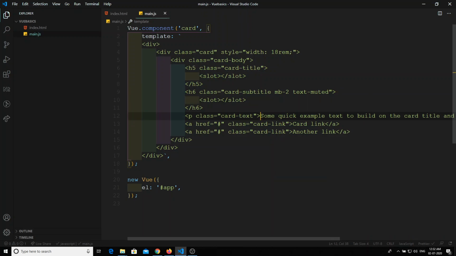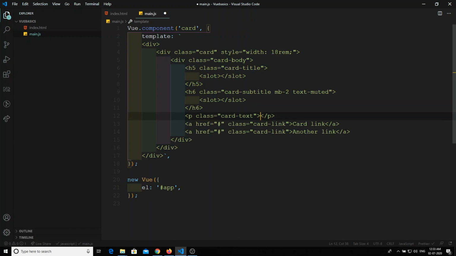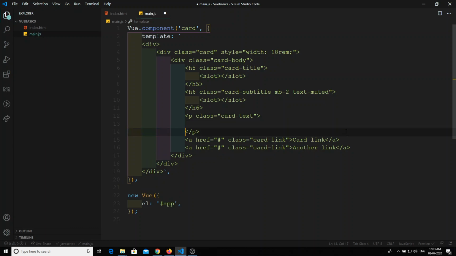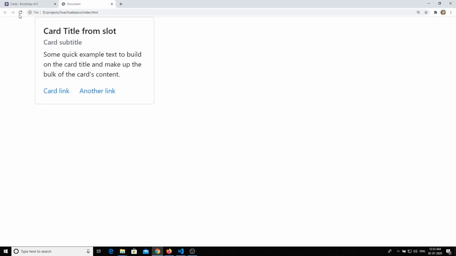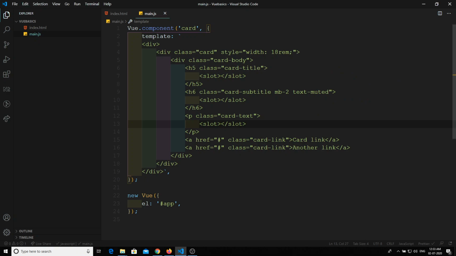I want to keep the subtitle slot, and also for the card description I need a slot. Now if I refresh it here, this is not the requirement. The card title from the slot is displaying in the subtitle and also in the description. This should not be the expected behavior.